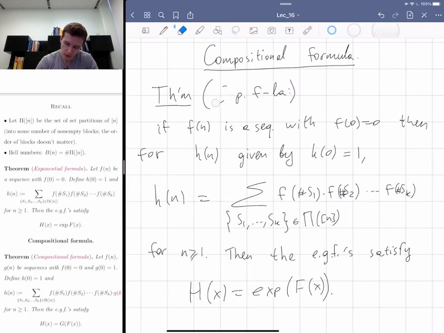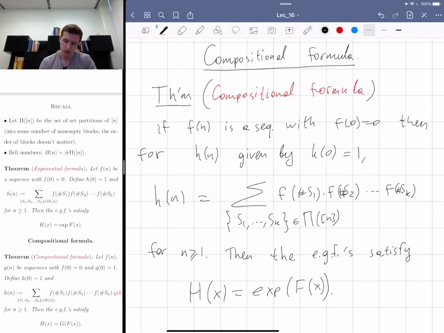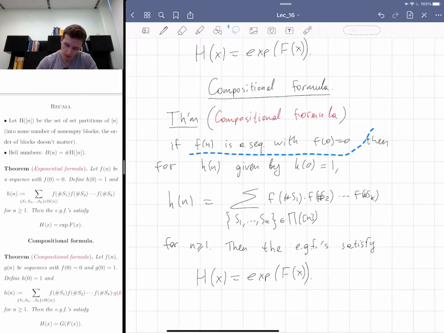First of all, the name is different. Okay, so the setup is the same. You start with a sequence f of n, f of 0 is 0, but you also want